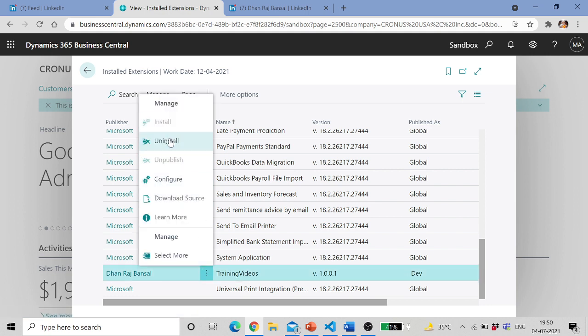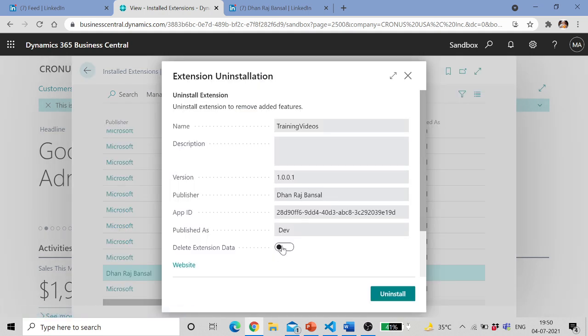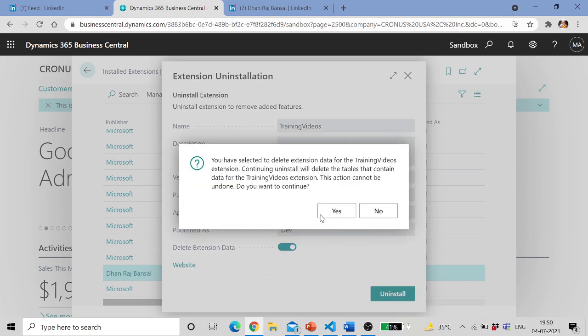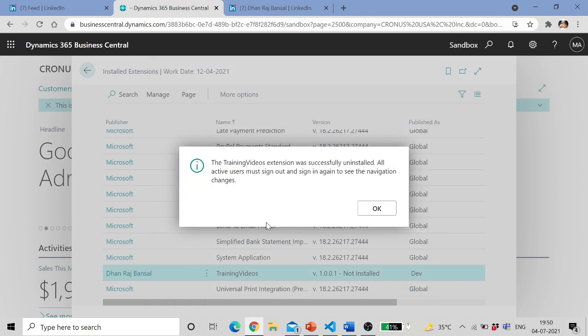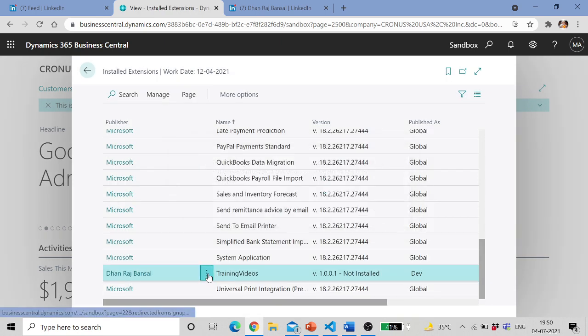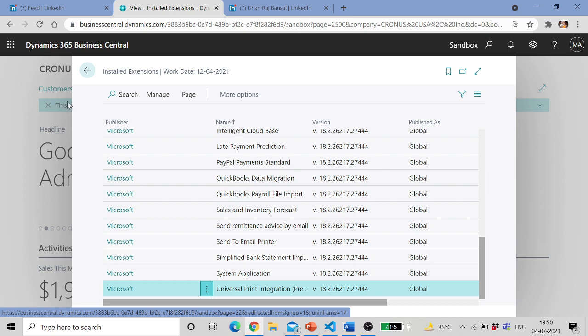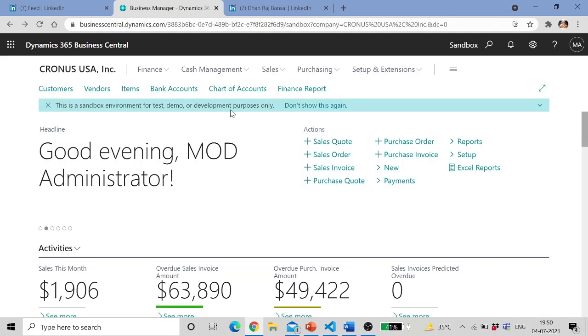So if I uninstall and unpublish this, the impact of this will not be there. We will be back to our standard product. So now that app is removed, that extension is removed, and